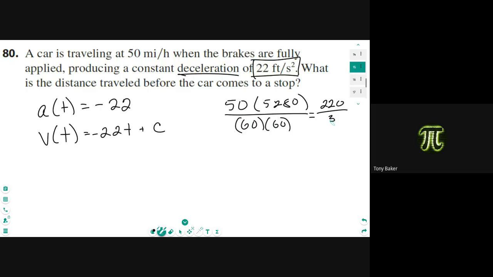That's 73.3 feet per second. So is that wrong? Yeah, that's right. You're off by one step. That's the number you found. So now if I find my position,